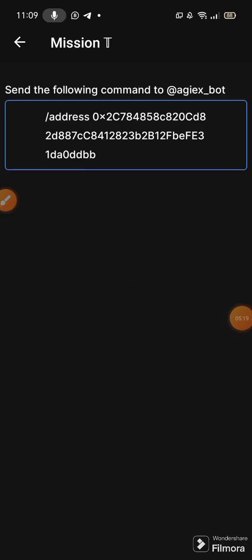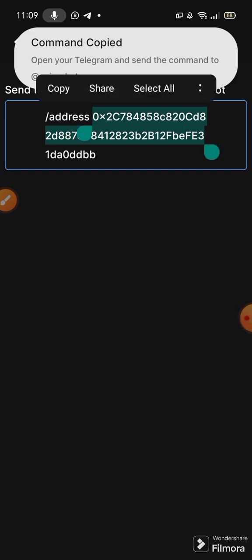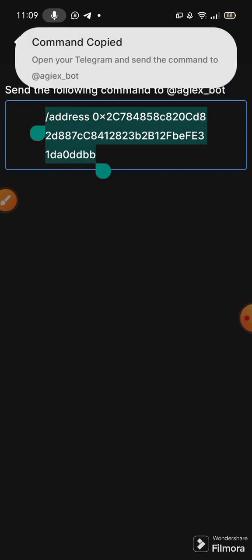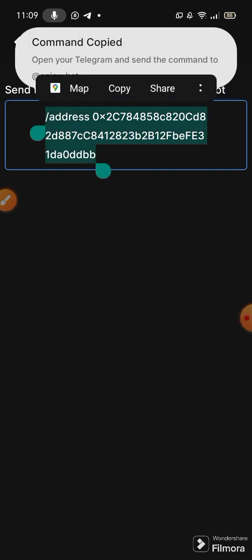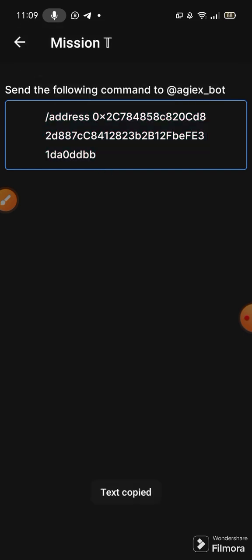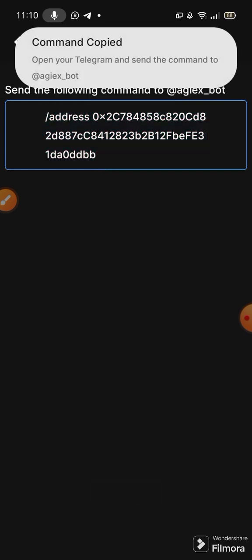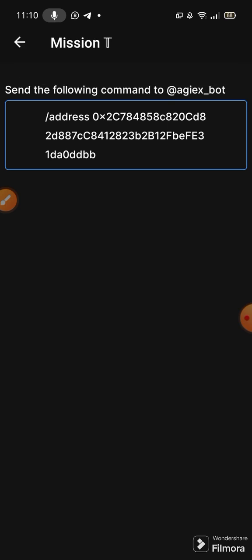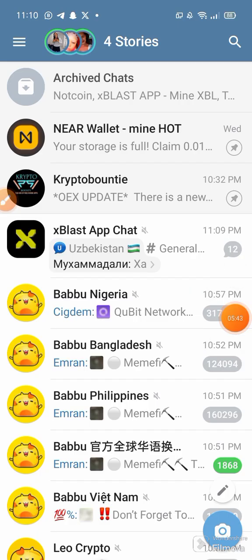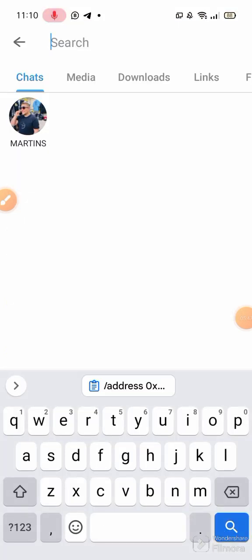So we'll touch it. Now this is what we are going to do. We are going to copy this address, this thing inside this box, copy it, or you can simply touch it. It is copied. Once you copy it, now we'll go to the Telegram and search for this AGX bot. So here we are in the Telegram. So we click and search for